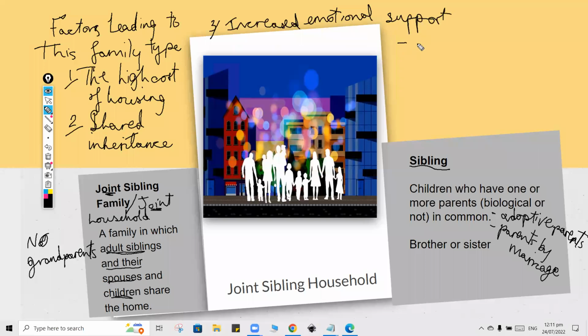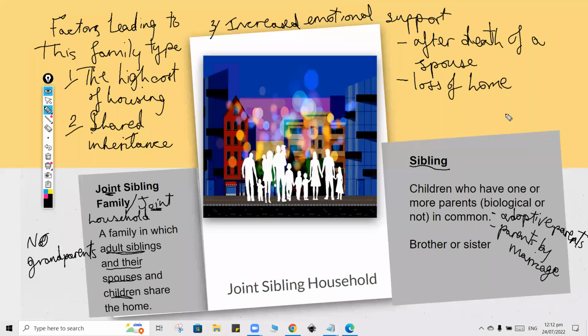So we could say after death of a spouse, loss of home, and so now you need increased emotional and financial support, but we already said the high cost of housing as number one. All of these could be